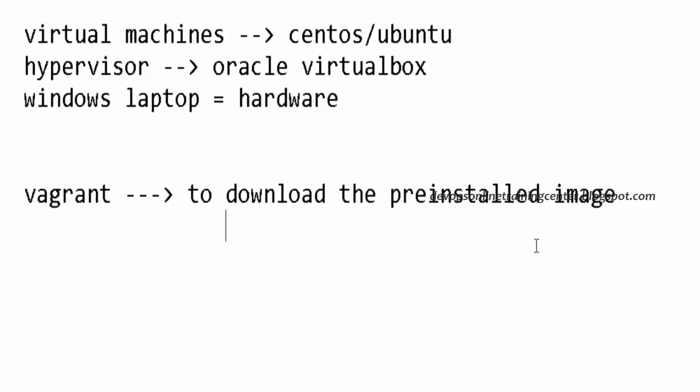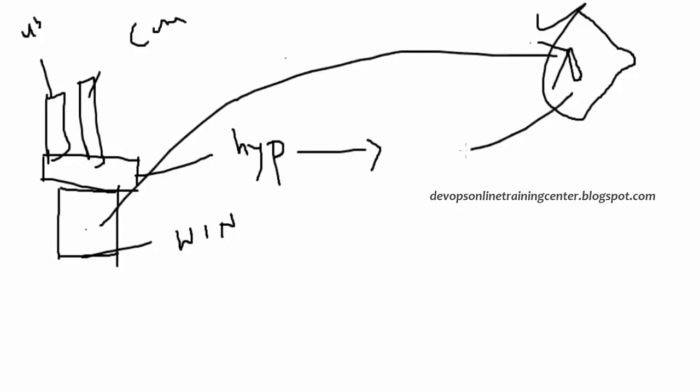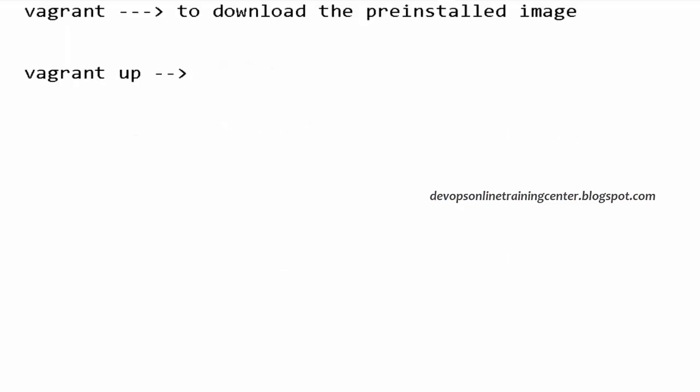So when you say vagrant up, what happens is, from this machine, it actually pulls the image from the cloud to the local machine. Whatever the image, let us say Ubuntu or CentOS, that pre-installed image will be downloaded to the laptop, right?